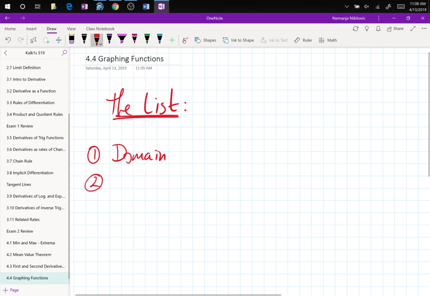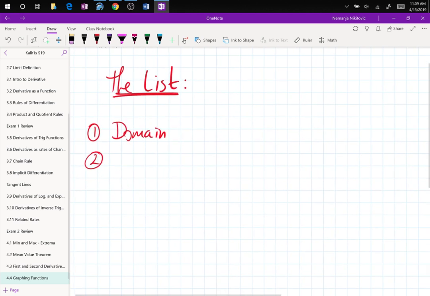Number two, little bit of elementary algebra. X and y intercept. You get these when you set x and y to 0, and so on. That's that. Number three,